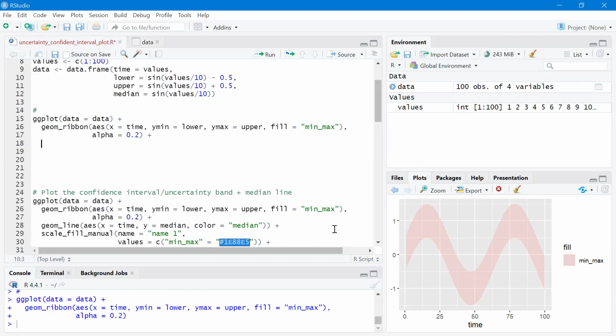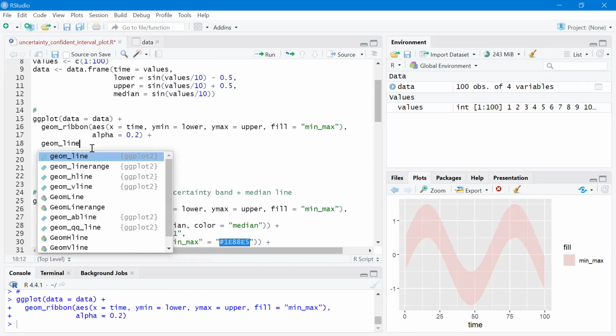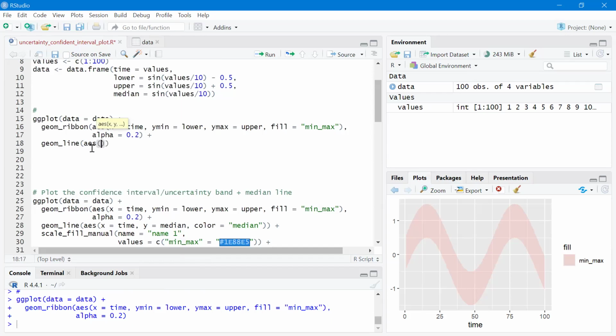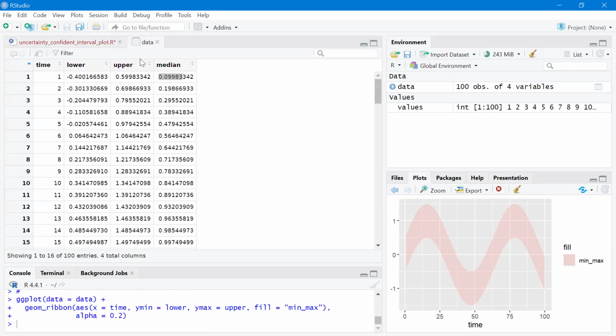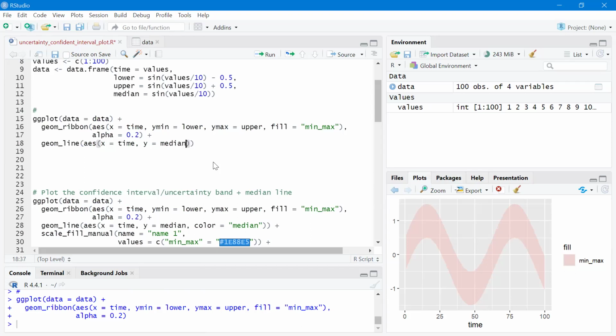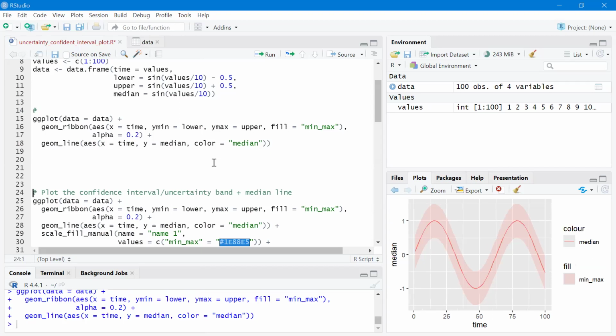And now we want to add the median line here. We just say geom_line and aesthetic. X is still time and Y is, in this case here, the median. And we just give a color ID to it, color. Let's say median. So now here we have a line and the uncertainty band, and we want to adjust the